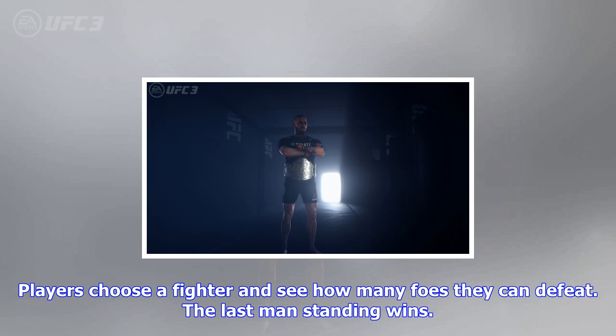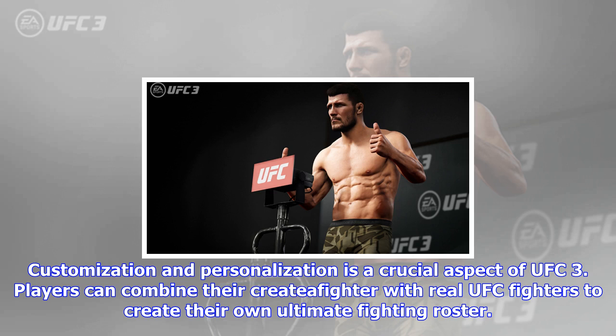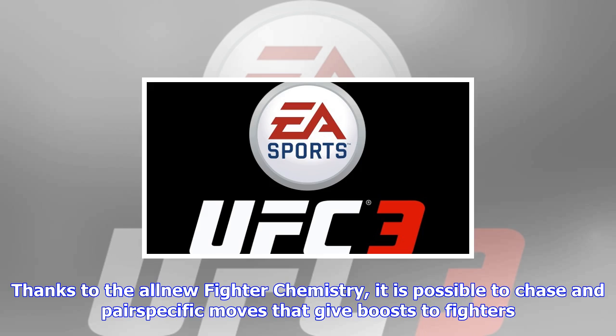Submission Shootout is the opposite, since players get to show off their ground game skills using holds, ground and pound, and submissions to win. Tournament mode is made for groups of friends. Players choose a fighter and see how many foes they can defeat. The last man standing wins. Finally, Fight Now Custom lets players control every setting and slider, from transition speed, submission speed, stamina, damage, grapple advantage,